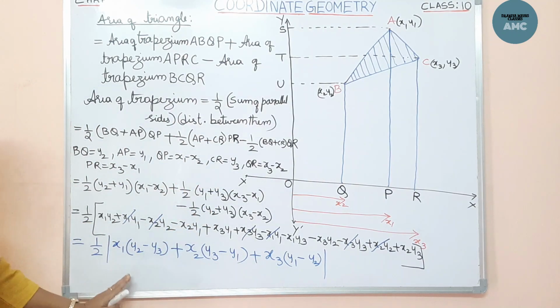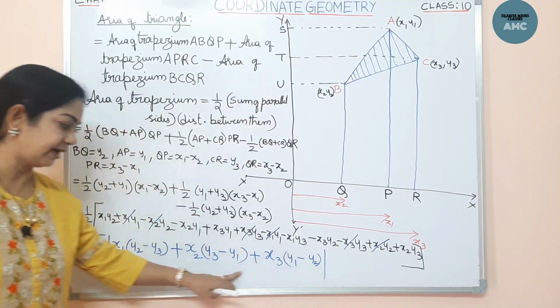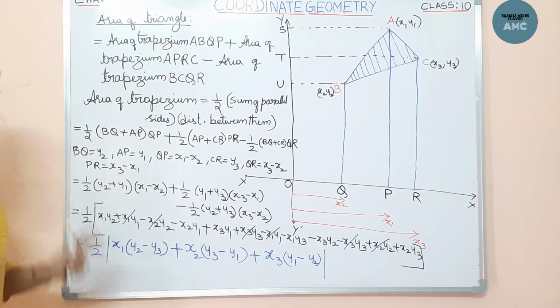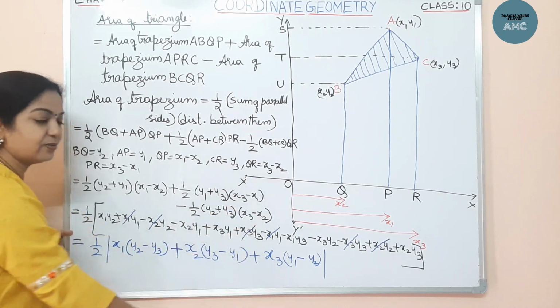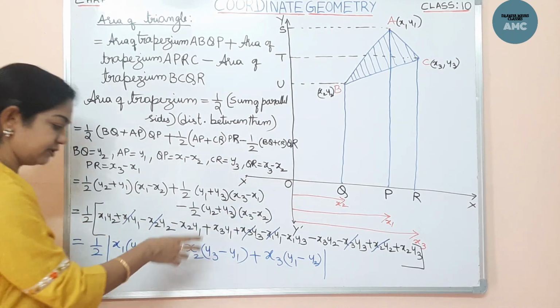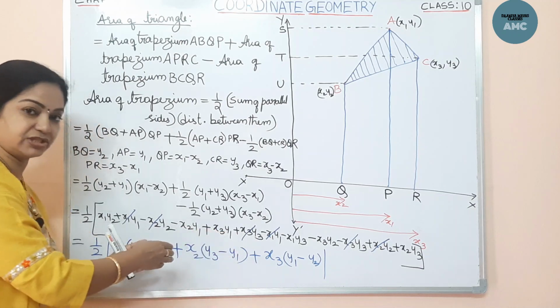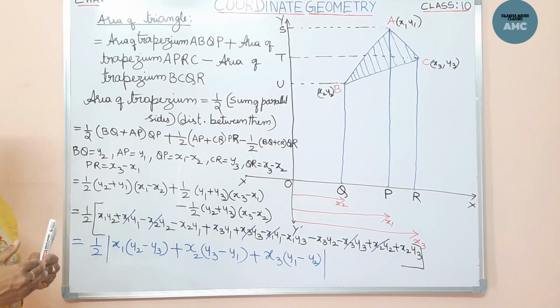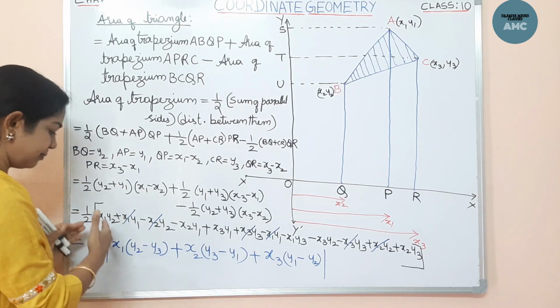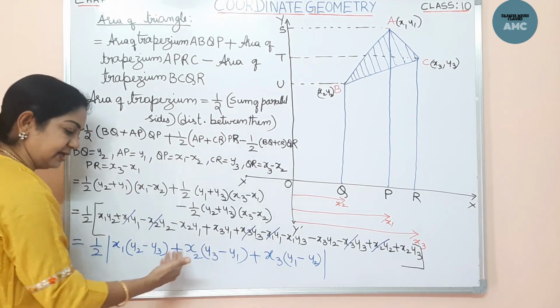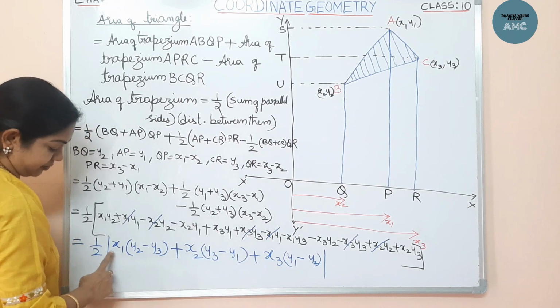So this is the area of a triangle, and this is not at all complicated because easily you can remember by keeping half mod. Why are we taking mod? Because even if you get minus 2 after solving, if you get negative numbers, we should not take negative numbers for the area, isn't it? So the mod value will eliminate the negative. So I am taking mod value.